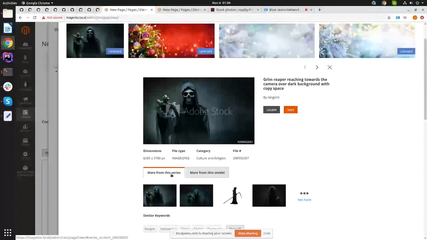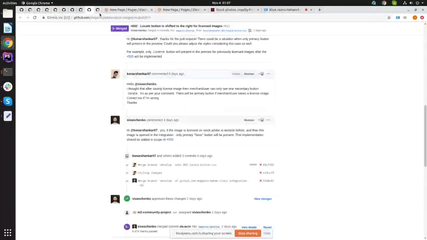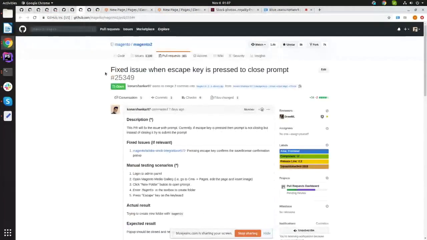Sure, I will create a PR for this issue, by removing the first image from the mode from series and mode from this model. Okay, thank you. And also I have created a PR in the Magento repository for the issue